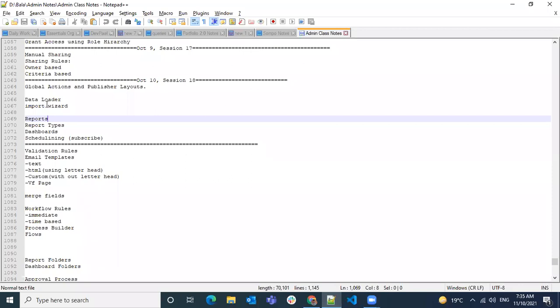Let's say we have hundreds or thousands or lakhs of records that you need to load to an object in less time. How can we do that? What are all the tools available? And once we load it, how can we do reporting on